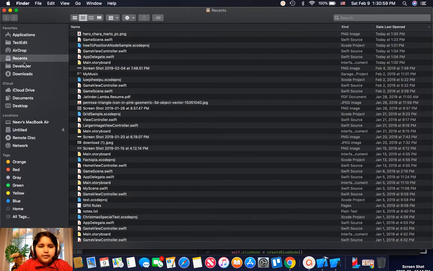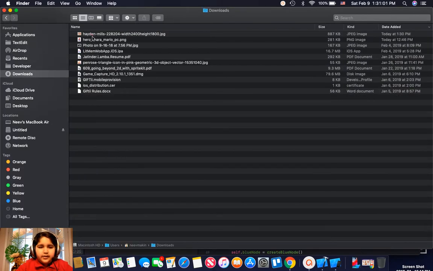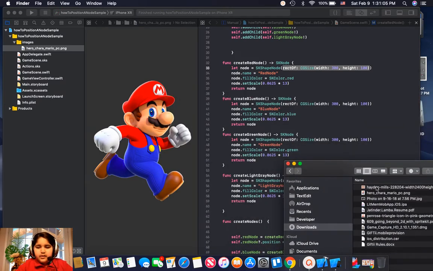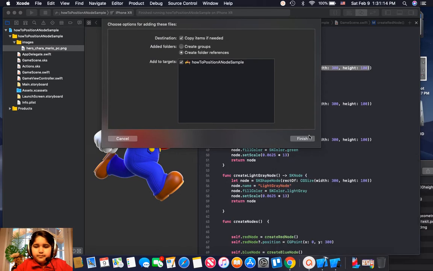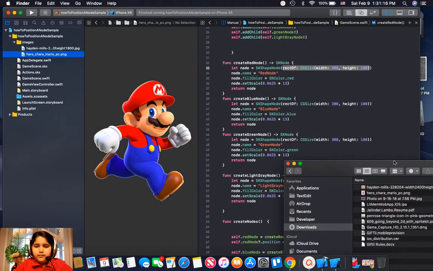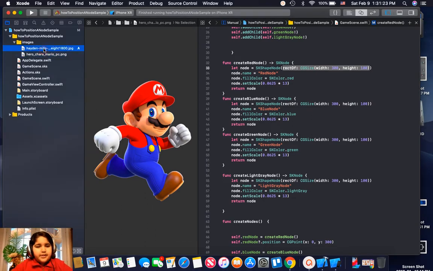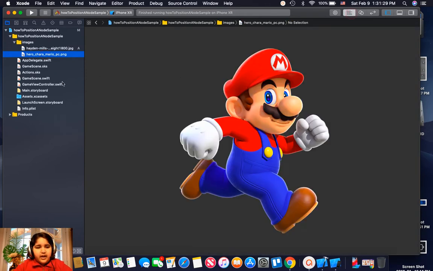So what we're going to do is go to Finder, go to our downloads, take that image and add it into our images group. Close out Finder, and we are done with that. So our two images are added, right? Now let's go back to our